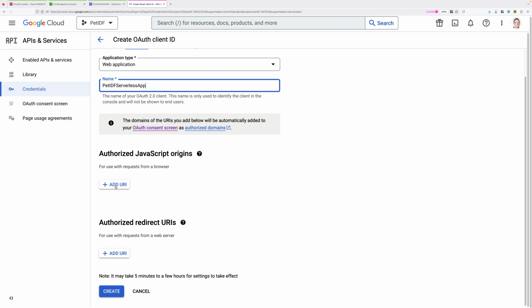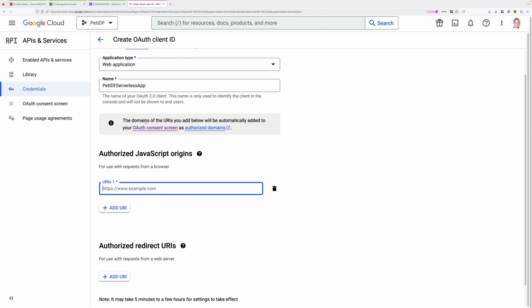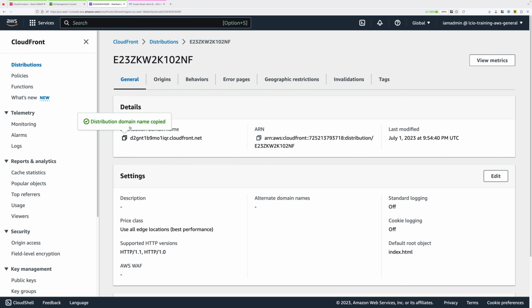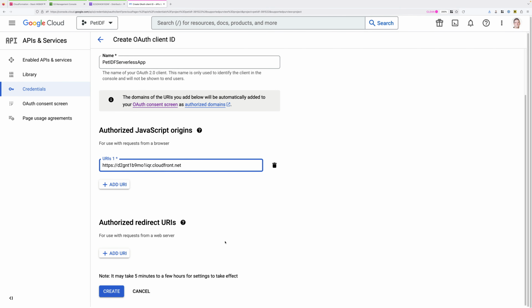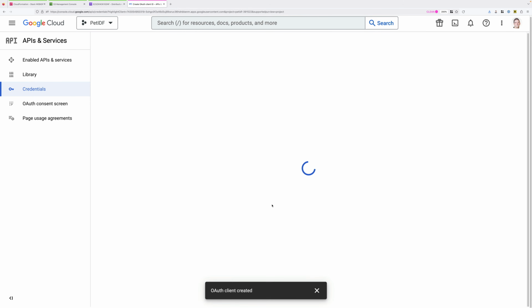So go ahead and click Add URI, and then we need to move back to the CloudFront console, open up this distribution, and then copy the CloudFront distribution domain name into our clipboard, return back to this API tab, and paste this into this box. And once you've entered that, scroll all the way down to the bottom and just click on Create.